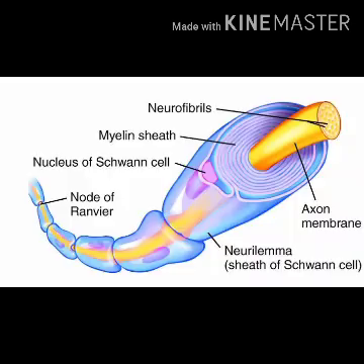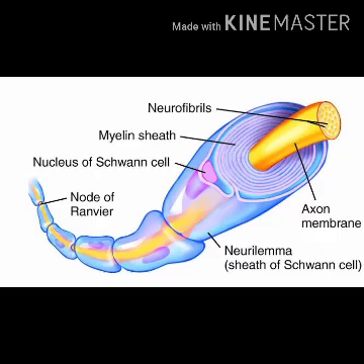Here you can see another image. Can you identify the part present in it? Yes, we can see axon, and axon is repeatedly covered by Schwann cell. Myelin sheath is formed in two ways. We learned that nerve is a group of axons. Myelin sheath in the nerve is formed of Schwann cells, but myelin sheath in the brain and spinal cord is formed by another special type of cells called oligodendrocytes.